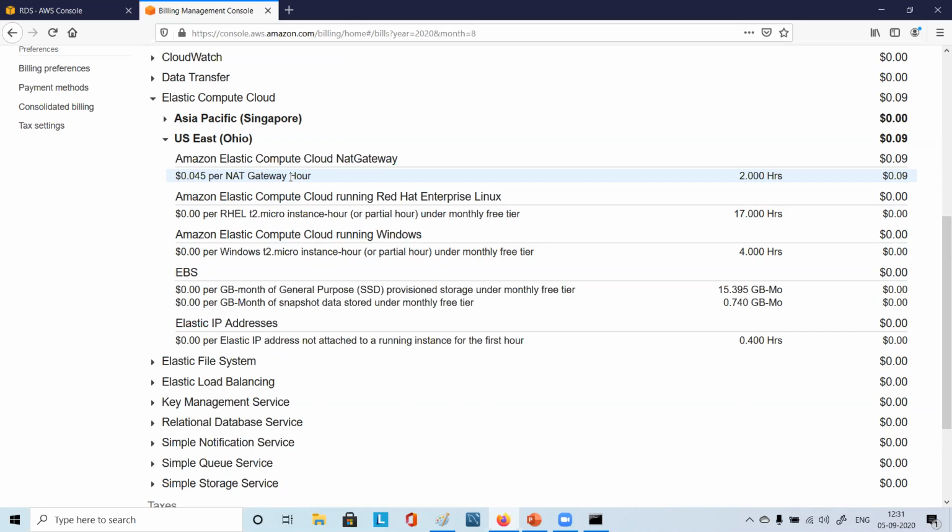Actually, Harish, I can see it's Elastic Compute Cloud. It shows $0.05. Yeah, so click on that Elastic Compute Cloud, expand it further, and then you will see some zones or regions. Expand the region where you have the amount. Yeah, I can see the amount in the US East over here. Charge for only NAT gateway, right?